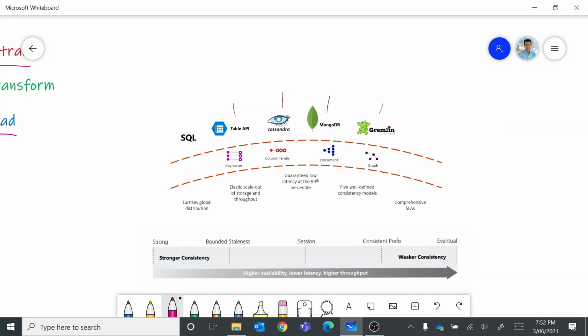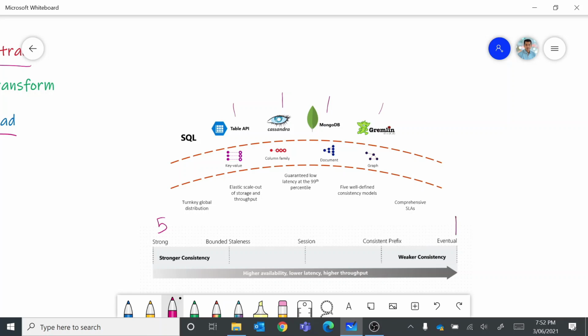Now, why Cosmos DB? Cosmos DB is meant for large scale or global scale applications that run in different parts of the geography. So it helps in replicating data at a very high velocity across the globe. So we're talking about milliseconds for a replication across the globe. And interestingly, it provides 5 different consistency models. When the data replicates from one point to the other, you can determine what type of consistency you need for your application. It could be a strong consistency, or it could be an